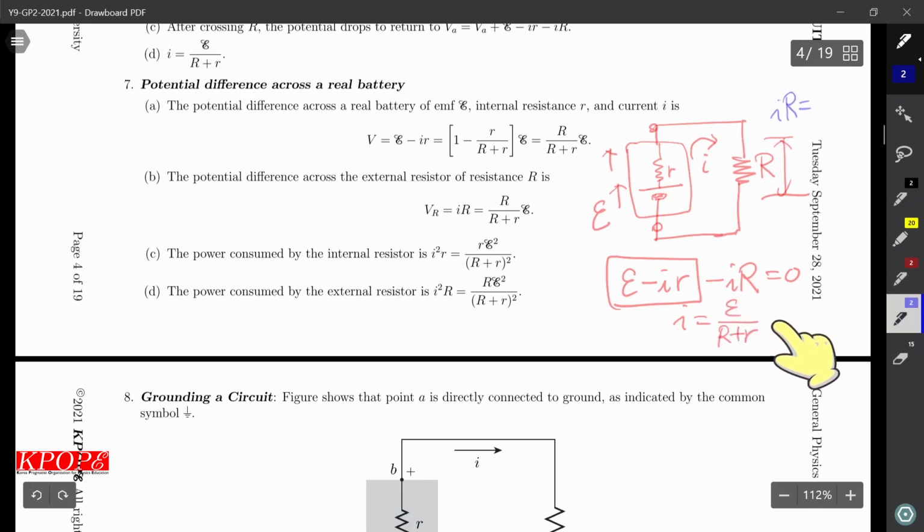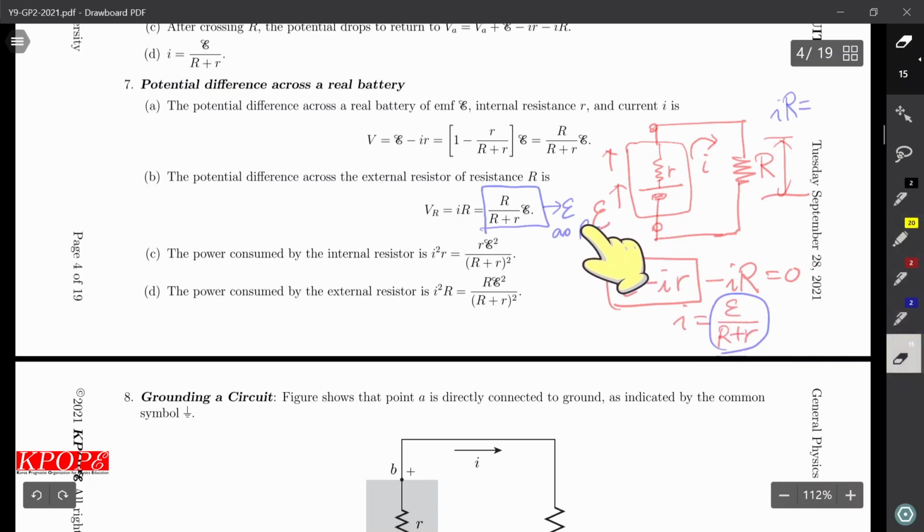And because this is I, therefore this value is the potential difference between the two terminals of the external resistor. As capital R goes to infinity, it approaches E, as small r over capital R